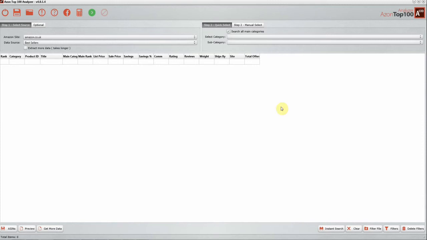Okay, but because it obviously takes the software a couple of minutes to bring back those results, because there's going to be thousands and thousands of them, I'm not going to demonstrate that. I'm just letting you know it's there. What we're going to do is choose a category and subcategory to bring back data from. So for the main category, I'm going to go with garden and outdoors. And for the subcategory, I'm going to go with lighting. And then I'm going to go ahead and click this little green circle here to start the software extracting the